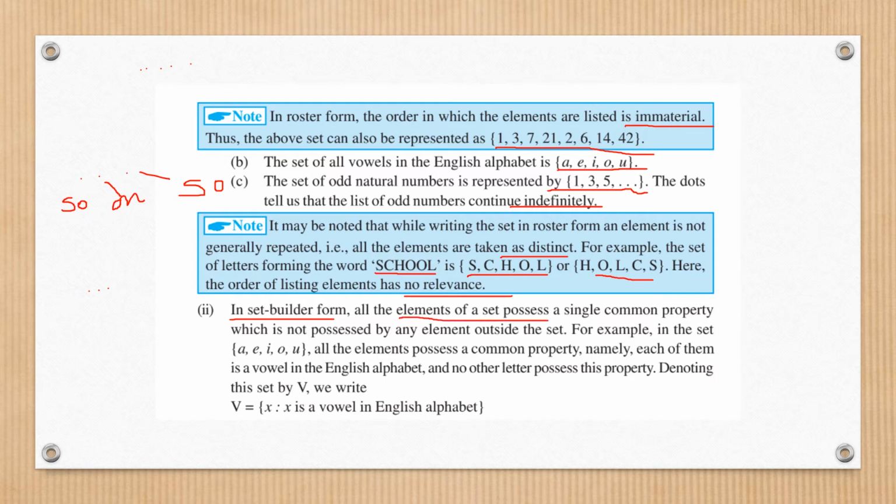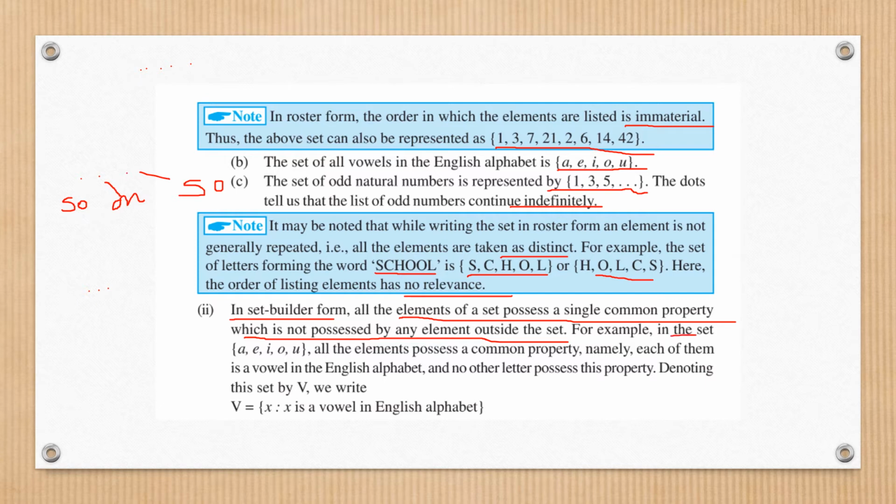So all the elements of a set possess a single common property which is not possessed by any element outside the set. For example, if I talk about the set of books of non-medical students of class +1. You know which books for the non-medical stream are prescribed, the NCERT. One is maths, English, then physics, chemistry, and physical education as per your format, right? So the characteristic property is there, which no other element outside the set possesses.